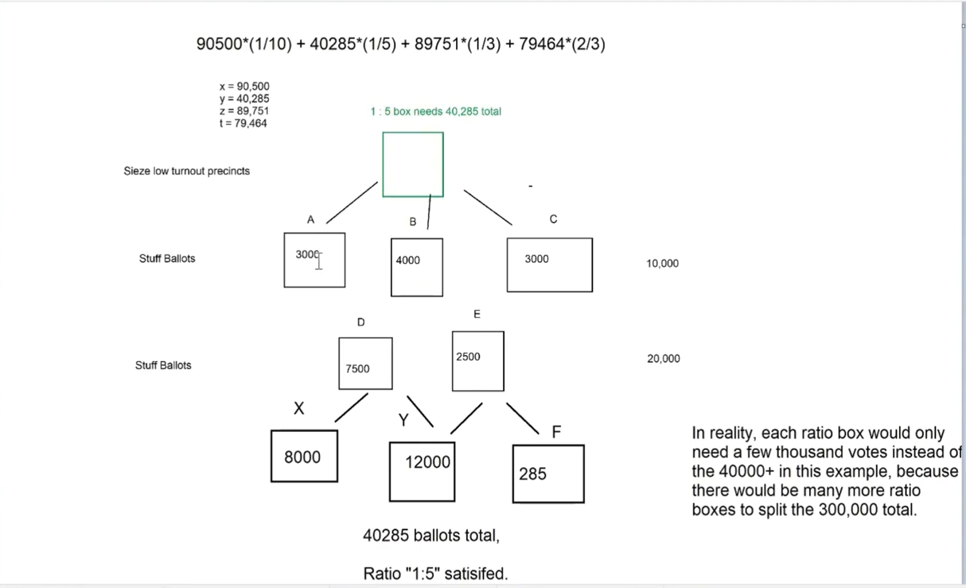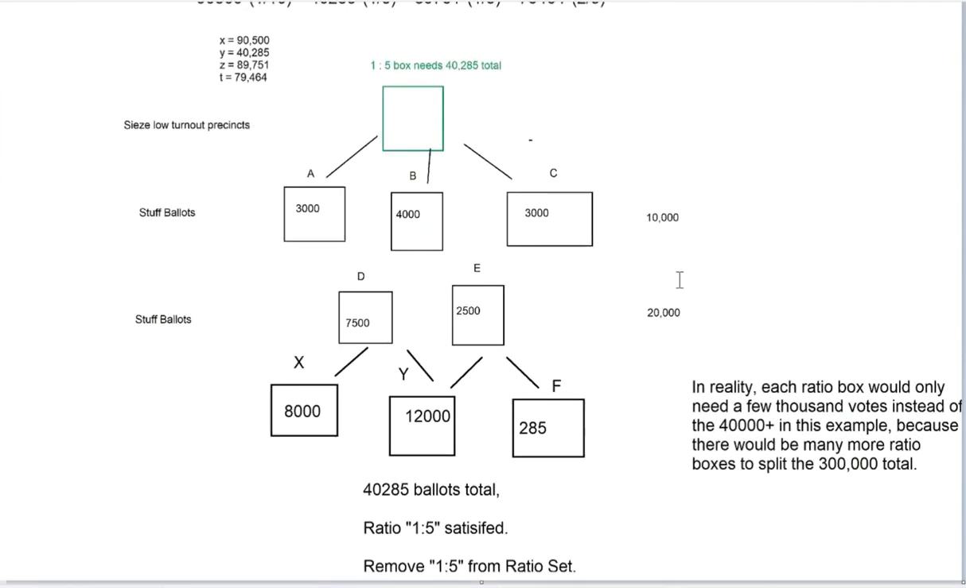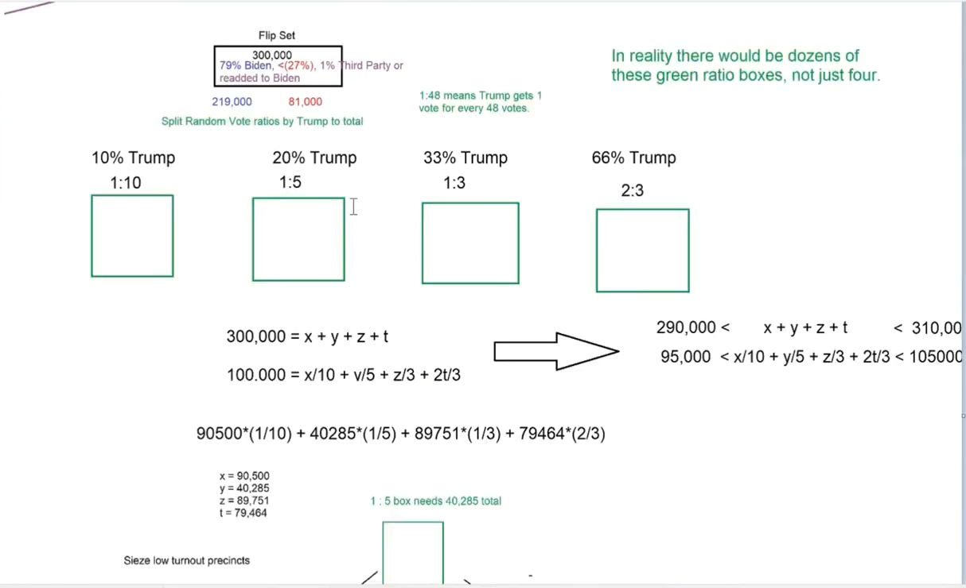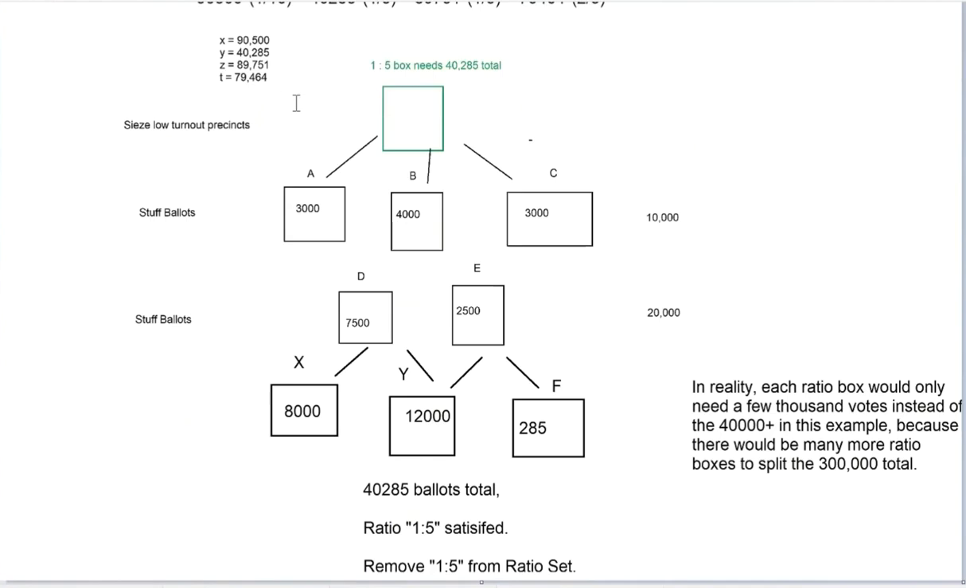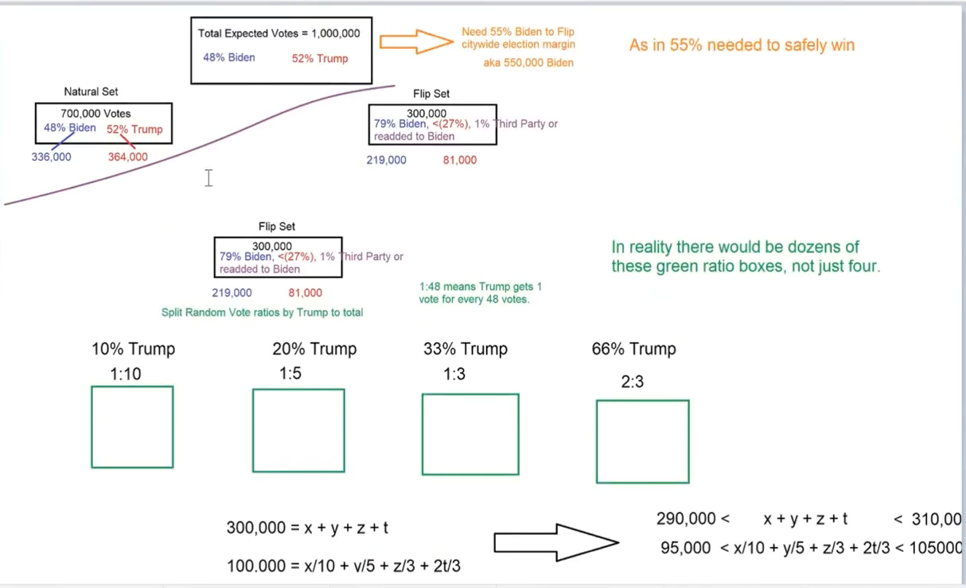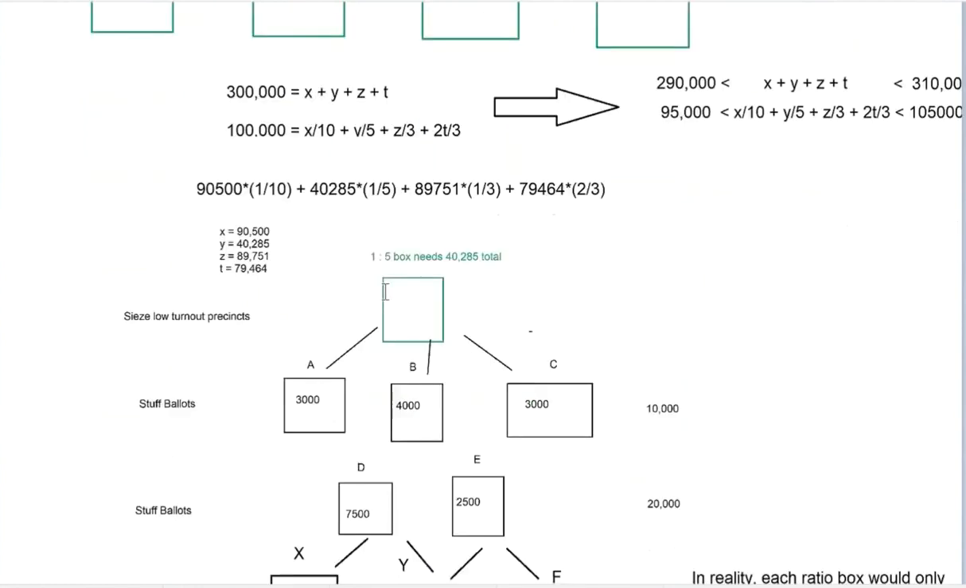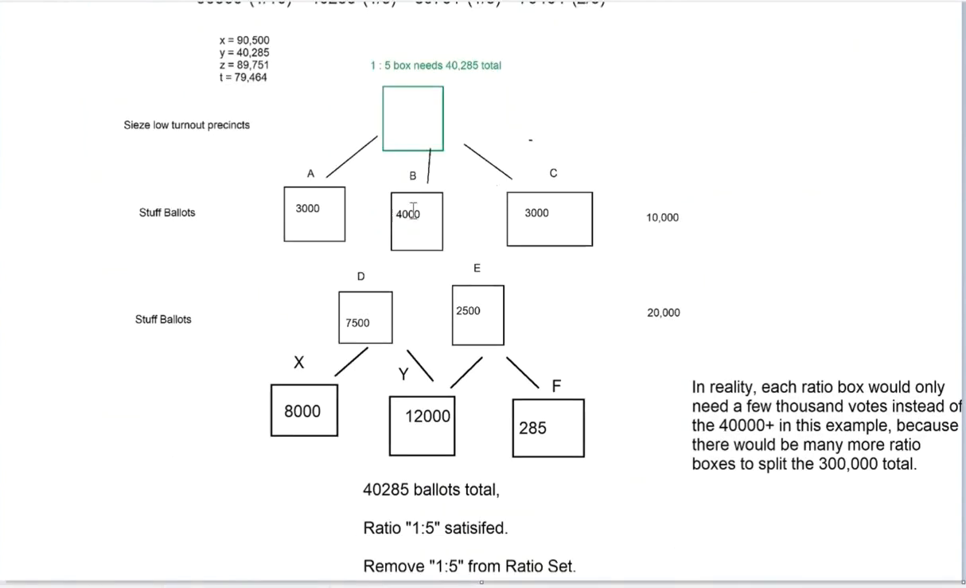So elementary school A, elementary school B, and elementary school C will get 3,000, 4,000, 3,000 votes stuffed in. Or even real votes, it doesn't matter. That's 10,000 total, and it will flip them at this ratio of 1:5. And then it will move on, and after some time passes, the virtual precincts release these three from